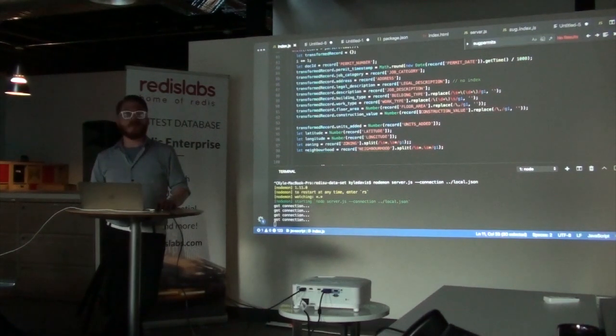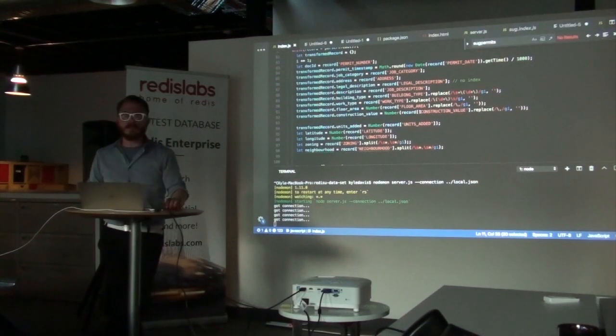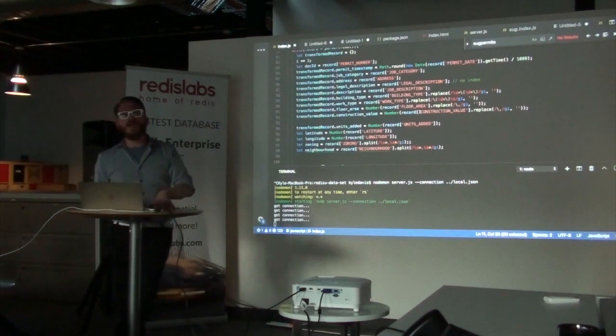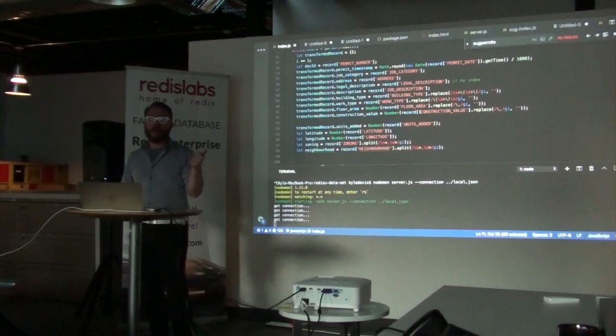Other questions? Dave? I was just curious, based on your experience with Redis, are there any elements in here that you think would be better taking more advantage of Redis? In RediSearch? Yeah. Well, one of the things, sorted sets are an example in Redis